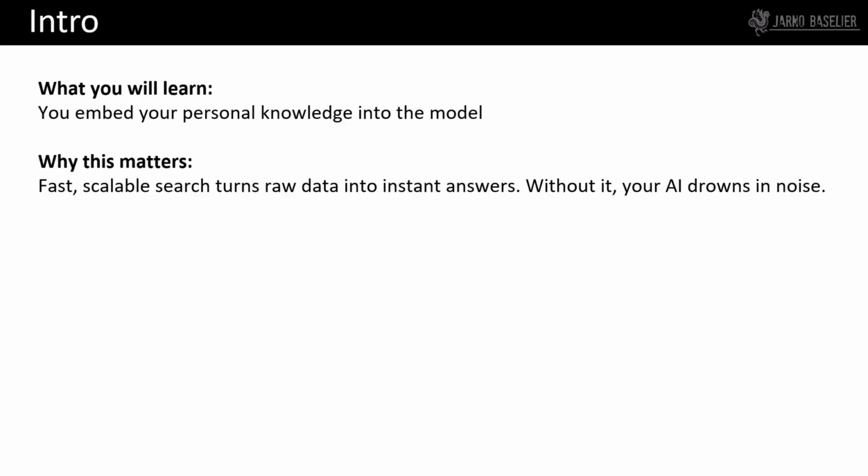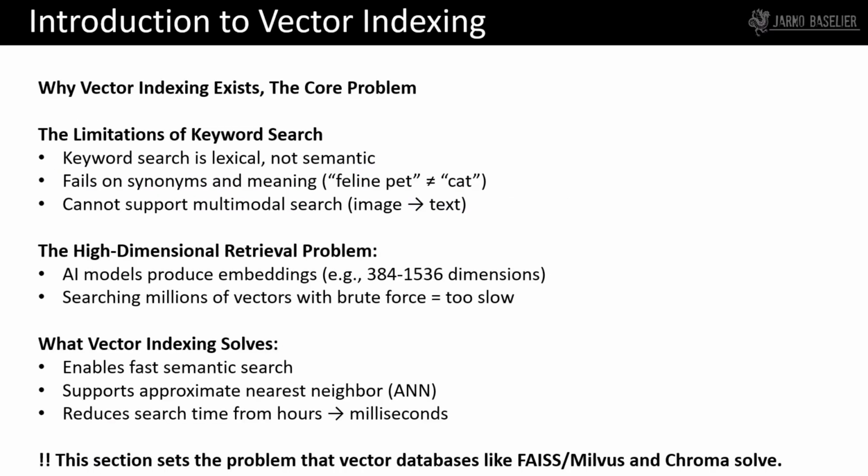So what you will learn is that you embed your personal knowledge into the model, and this matters because fast scalable search turns raw data into instant answers. Without it, your AI drowns in noise. So why vector indexing exists? The core problem, the limitations of keyword search. Keyword search is lexical, not semantic. So it fails on synonyms and meaning, like feline pet is not equal to cat, and cannot support multi-modal search,